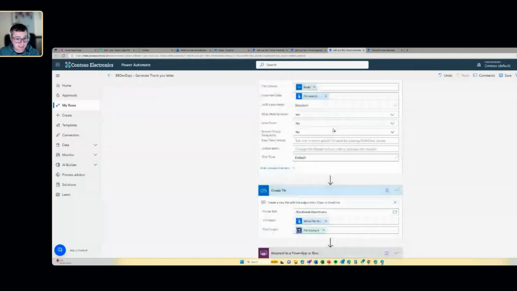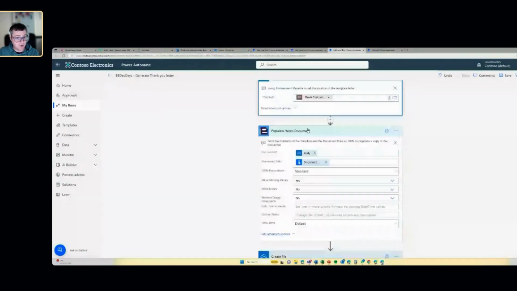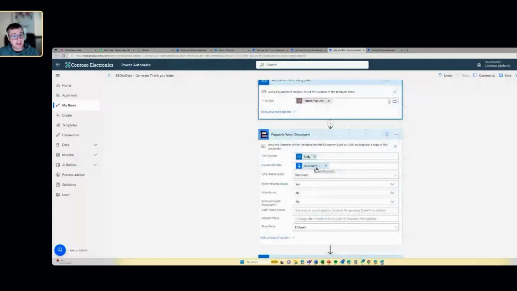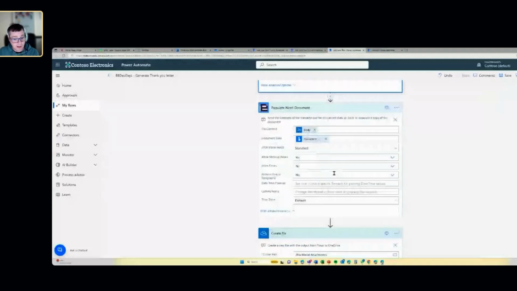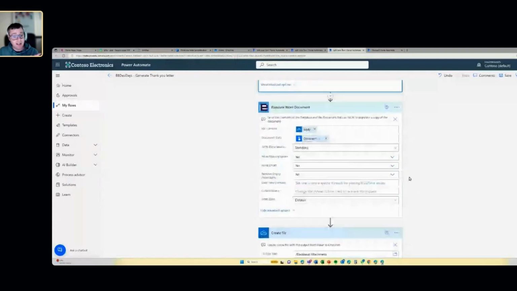I grab that thank you letter, and then I call my populate Word document using the body of the thank you letter that I've got here, the data that I've passed in. I go and tell it that I'm using the normal method. I'm not worried about missing values inside of the JSON, and it will now go away and generate that file and give me back